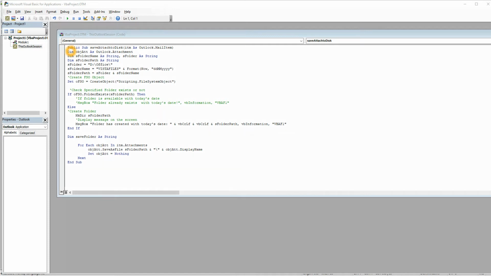If you see, this is Dim. Dim means you are actually creating an object. There is an object attribute, and then you will be doing all those operations. So let me tell you what I am doing here, so that you don't get more confused. First I am creating a new folder, with the date attached to it. Like if you are seeing, the folder name is Vista Files, underscore the ddmmyyyy format as a string. I am appending it.